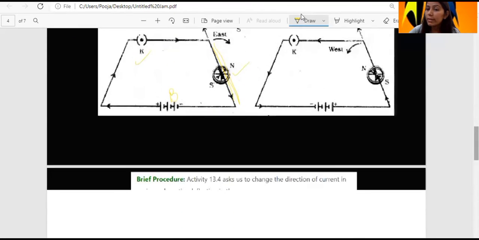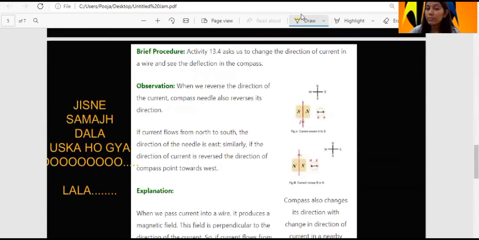So here we have a rule which was given by Oersted. What is that rule? That rule is known as the SNOW rule. Actually, it is not mentioned in your NCERT book as it is mentioned in class 12. That's why, to make your concept easier, I am telling you now. What is the SNOW word? S stands for south, N stands for north, O is for mnemonics we are using, and W stands for west.